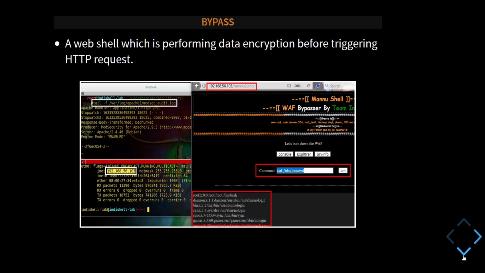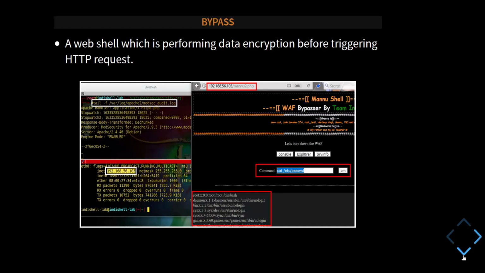You can see that when I try to execute the command using the custom shell, it is not detected and just returns me the output of the command. The reason is that it performs client-side encryption for the command I am trying to execute and then submits it to the server.